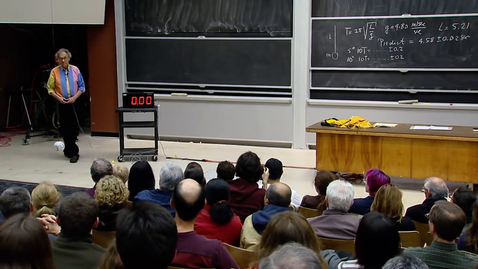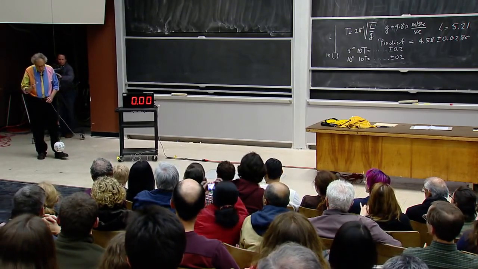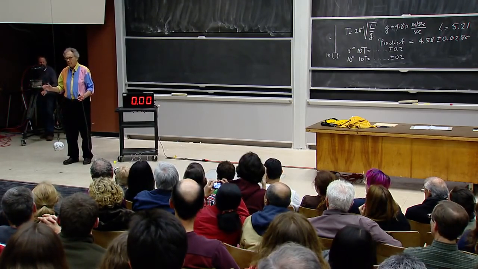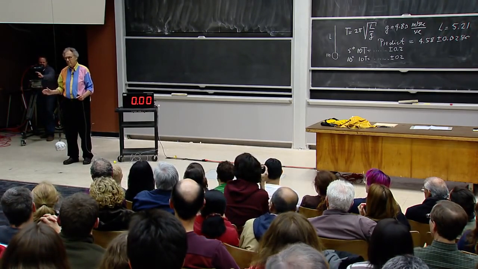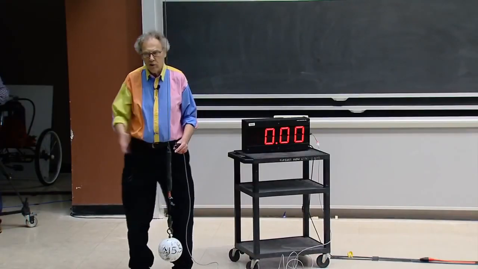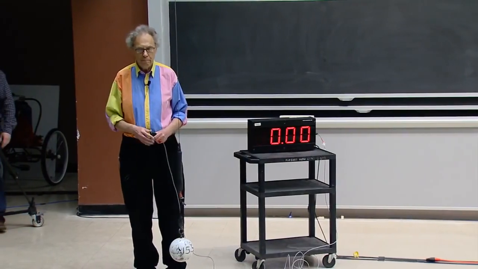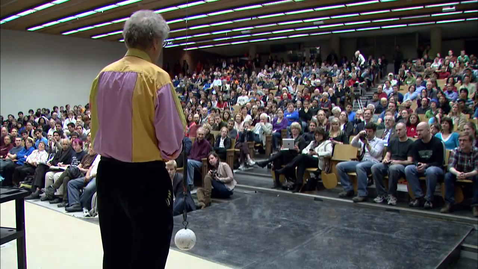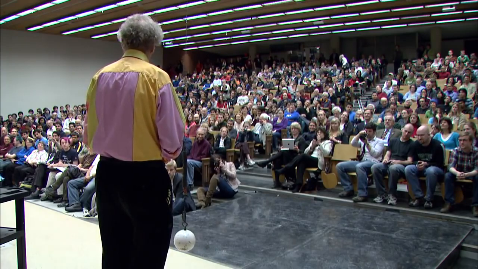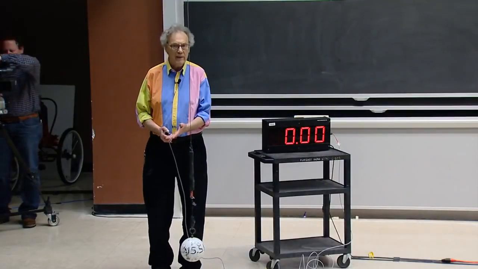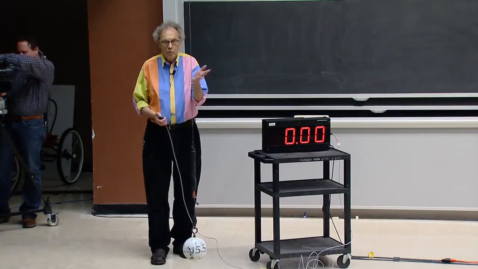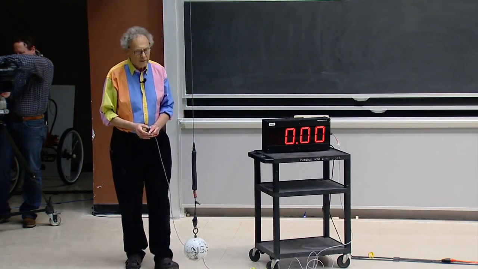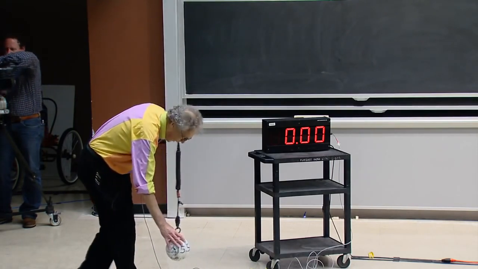Timing is not easy. The best way to do it is to start the timing when the pendulum comes to a stop. That is rather well defined. And then you let it swing 10 times, and then when it comes to a stop, you stop it. And it would help me if you would count how many oscillations we have made. Because then I don't have to look at it. All I have to do is when I come close to 10, I have to watch for the moment of stopping, and then I will end it. So we'll do this first at 5 degrees.